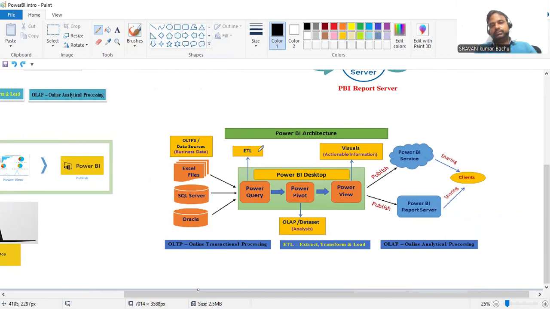Starting from the client, getting some different client data from different sources and sending reports or dashboards to the client. Firstly, we will get business data, which is in regular format in different sources like an Excel file, SQL Server,